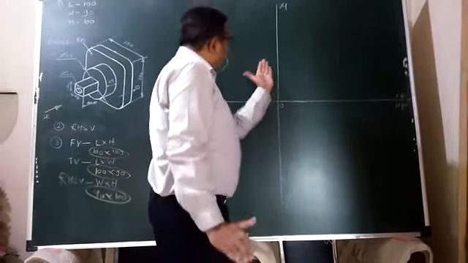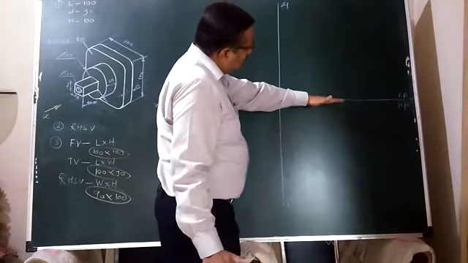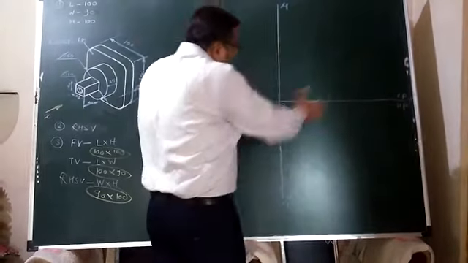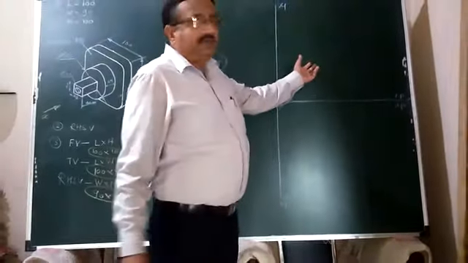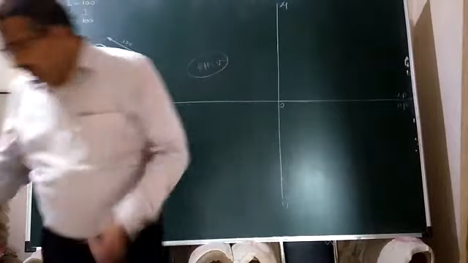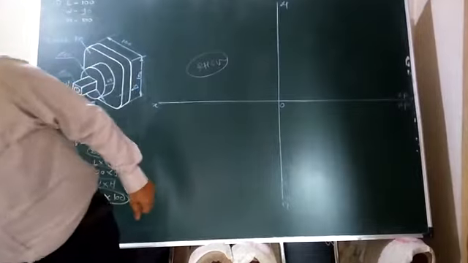The profile plane we have tilted through 90 degrees in this way, as well as the horizontal plane, for the sake of convenience, we have tilted through 90 degrees. All the 3 planes we have brought into a single green board plane, we can say. Okay, so the front view image will be here, the top view image will be here. Now the next step is constructing